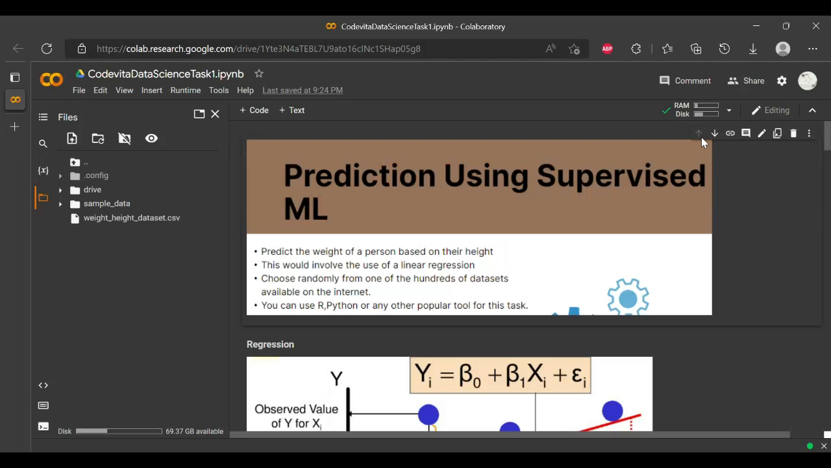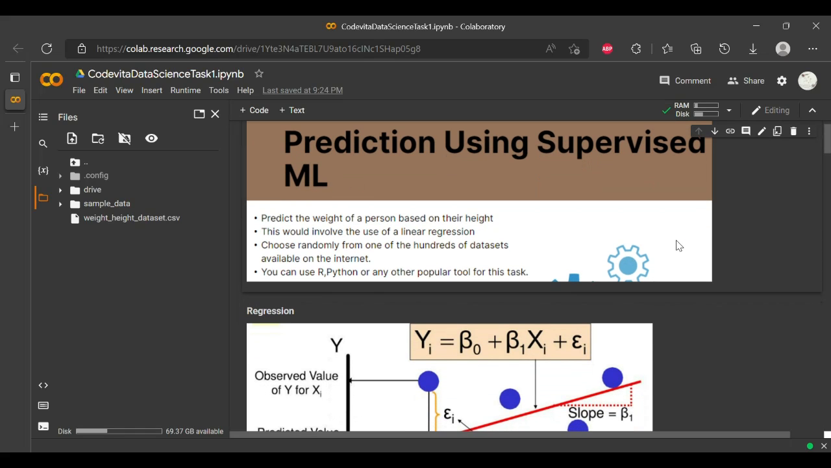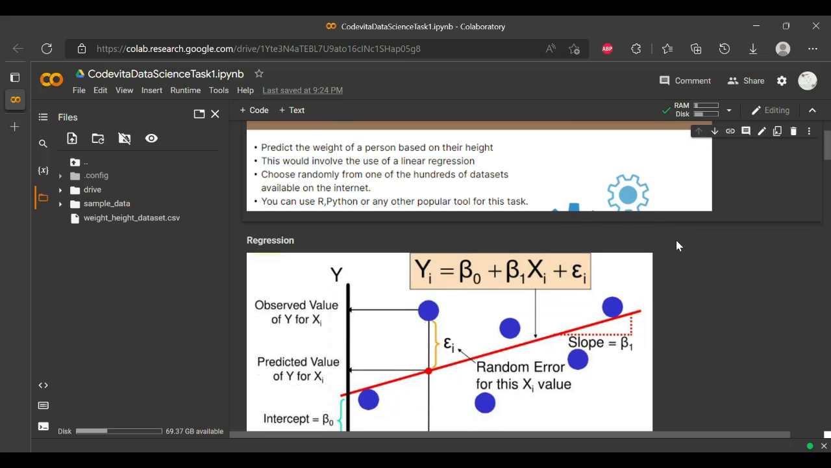Hi guys, so today we are going to see how to predict the weight of a person based on the height using linear regression. Regression analysis is a form of predictive modeling technique which investigates the relationship between a dependent and independent variable. What it basically does is it helps us to understand the relationship between the dependent and